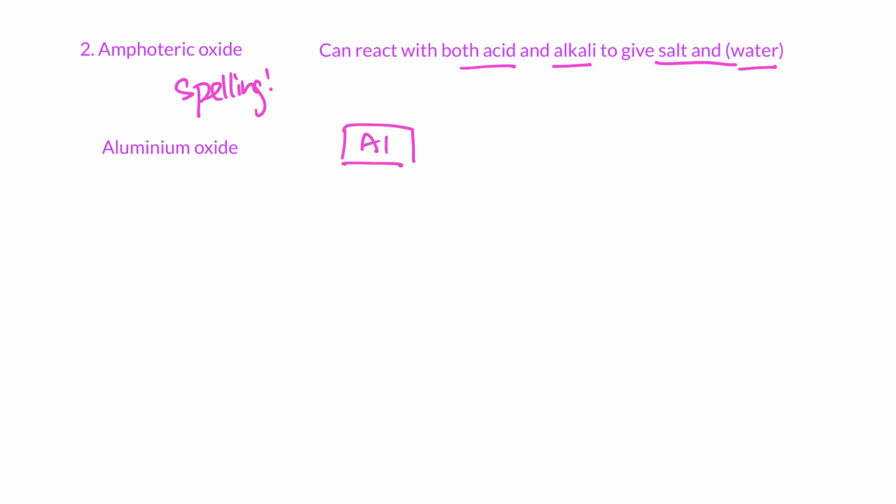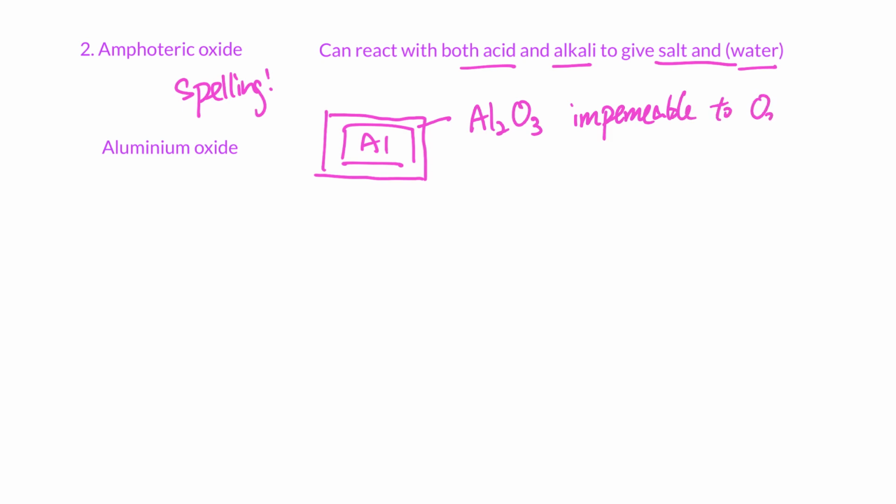We learned this in corrosion of metals. We learned that aluminium is corrosion resistant because on the surface it has aluminium oxide, which is impermeable to oxygen and water. So it prevents the aluminium inside from corroding further. Even though aluminium is very reactive, the oxide layer prevents further corrosion. So from this one, you have to remember